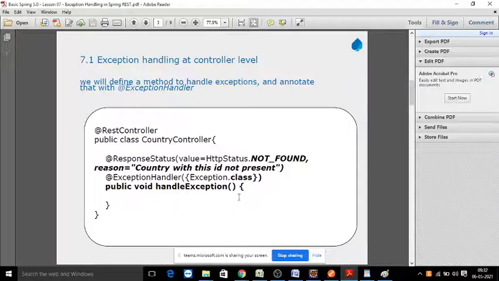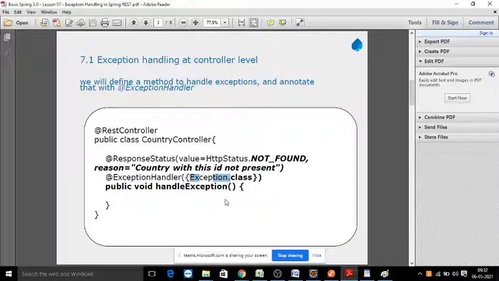On the server side, we will not write a try catch block. At the controller level, within the controller, we write a method, a custom method, called handleException. The name of the function can be anything. On top of that function, you write @ExceptionHandler. This indicates this is a method written in your controller only to handle the exceptions, with no other business logic. And what is the type of exception it is going to handle? You can write the custom exception class name.